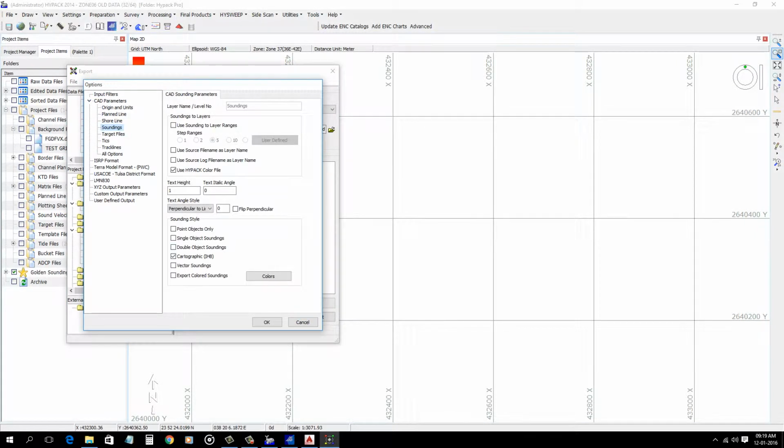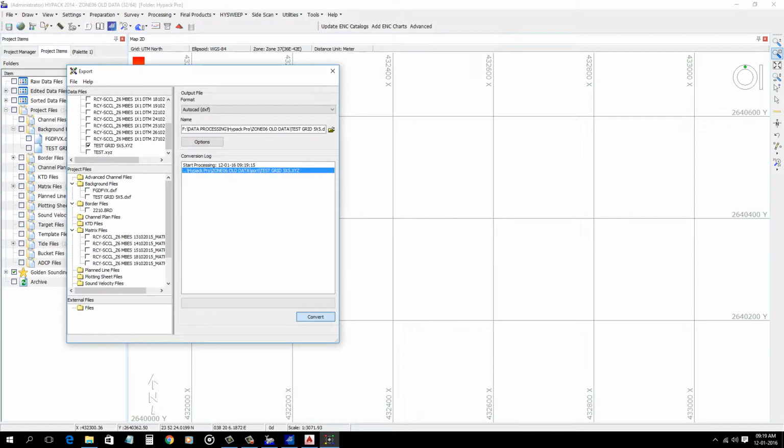Soundings, fixed angle. You need to check this option. Fixed angle and perpendicular to line. Fixed angle will give exact horizontal. Okay, convert.